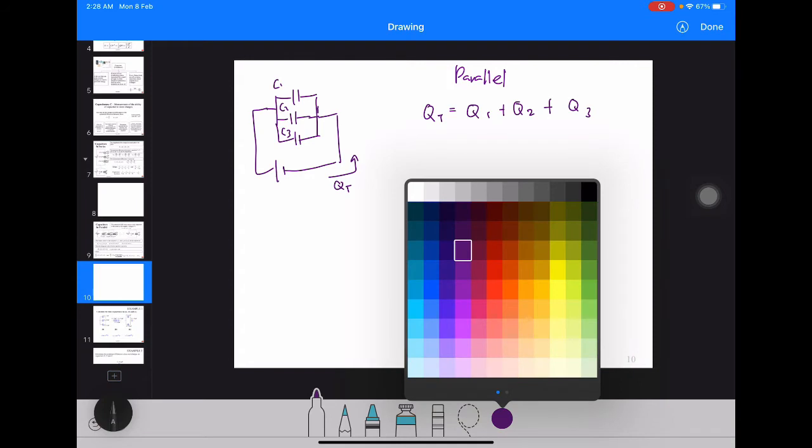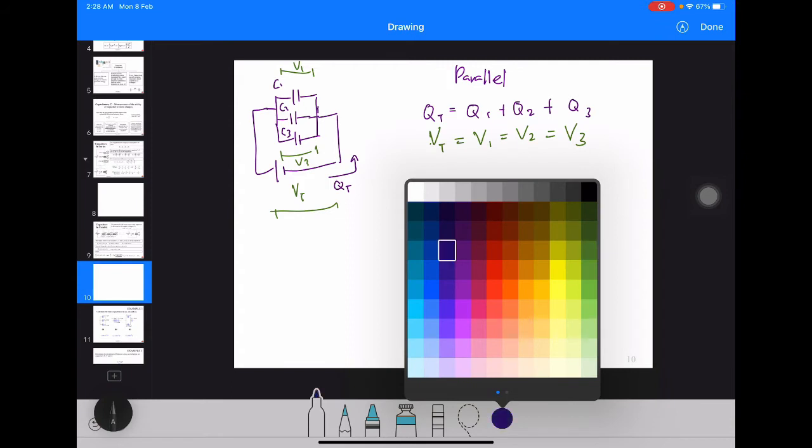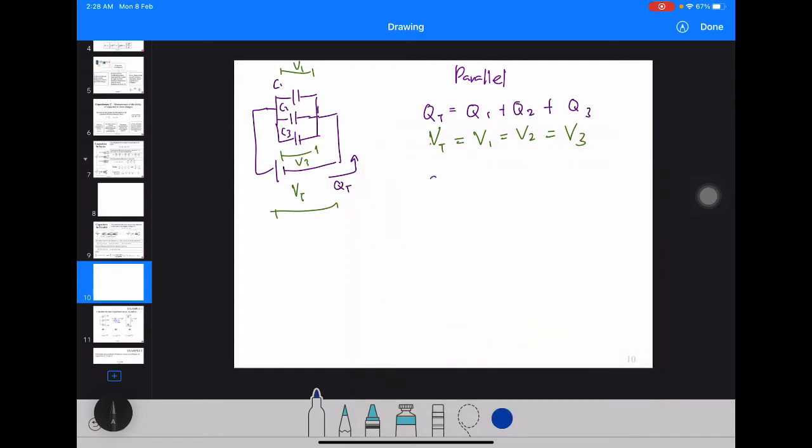And then the second one is about the potential difference. V total here, you can see this one is the same. V3, V2, and V1 are the same value, because it's basically across the same thing. Vt equals V1. V1 equals V2 equals V3. So if I want to calculate the C effective here,